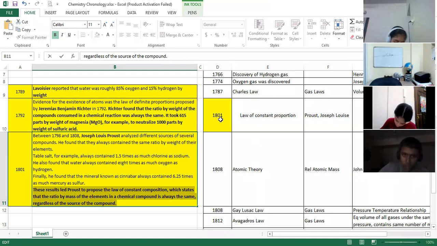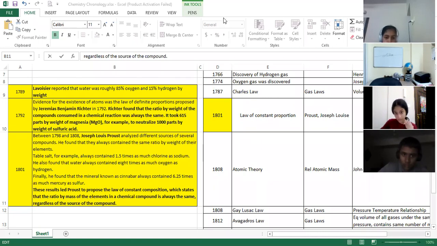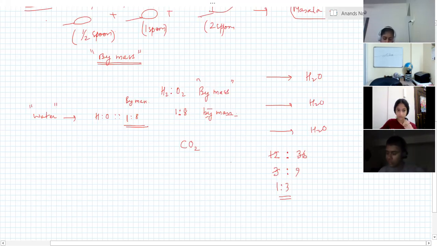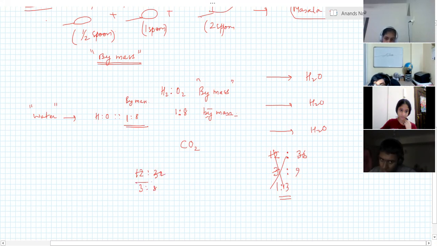Sorry, guys, I made a small mistake. Oxygen is 32. I've written it as 36, right? Yes, sir. Oxygen is 16, O2 is 32. So it will not be 1:3. It is 12:32. So 4 3s are 12, 4 8s are 32. The moment I wrote it, I knew something was wrong. So it is 3:8 by mass.